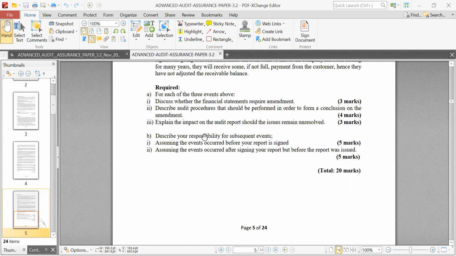Some of your responsibilities are to design the audit procedures, to perform the audit procedures, to obtain sufficient and appropriate evidence of all events up to the date of the auditor's report that may require some adjustments or some disclosure. You need to find out, because after the year end, there are some events that might happen that may require adjustments. Some might not require adjustments. So those